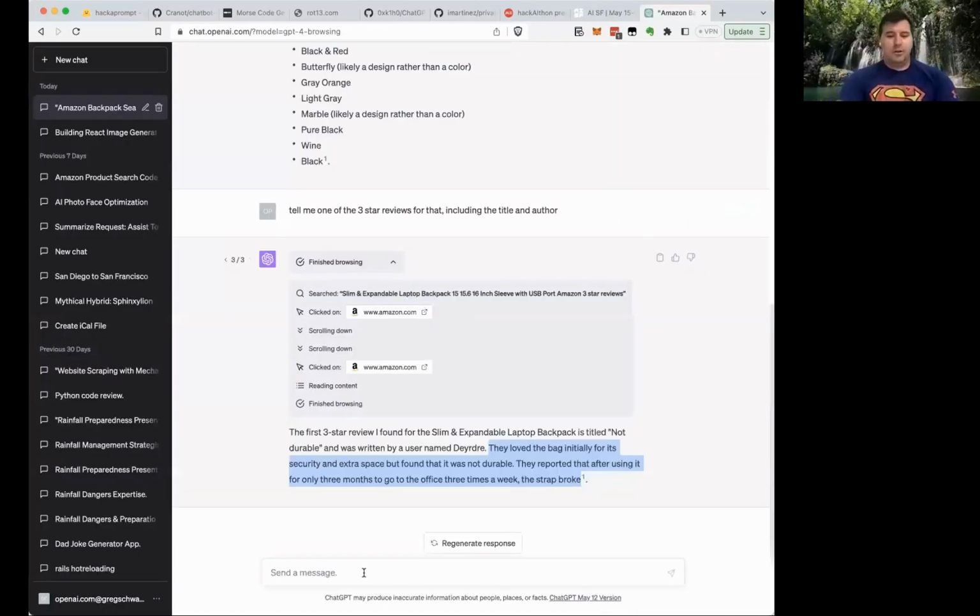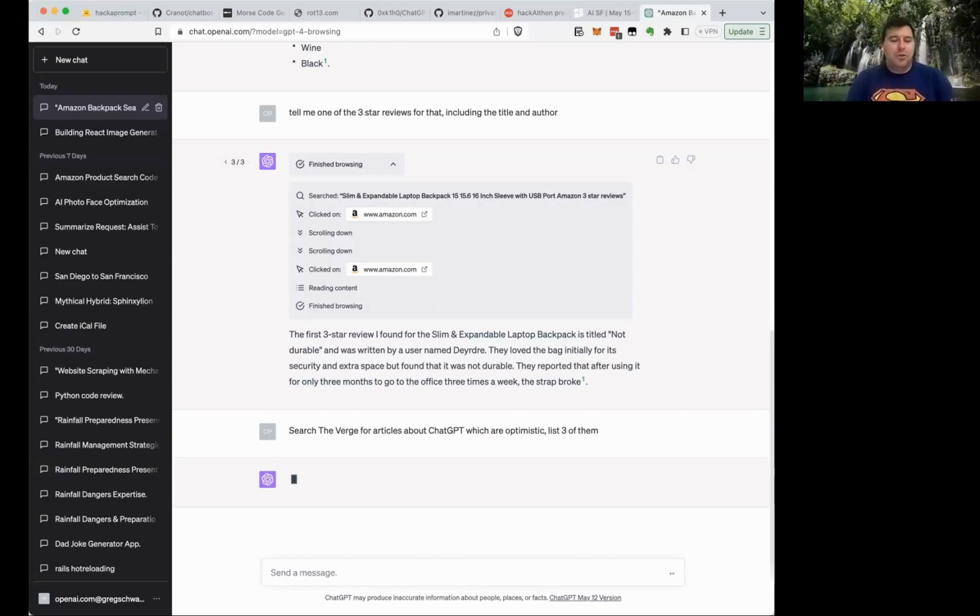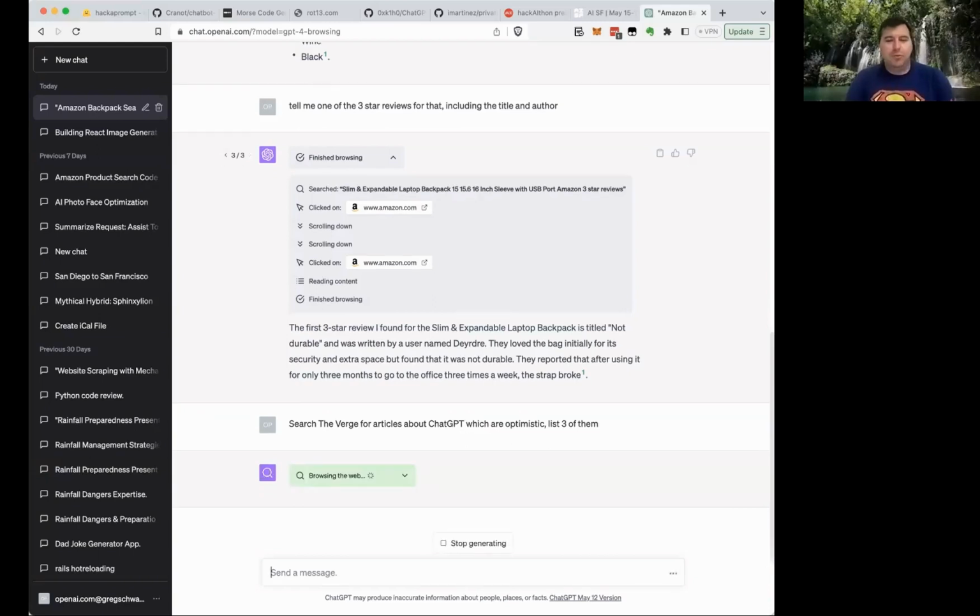Oh yeah. So I'm not sure if it'll be able to do this, but search The Verge, which is a news website, magazine, whatever, that I like, for articles about ChatGPT, which are, I don't know, optimistic about, let's just go optimistic and list 3 of them. So what I'm curious is, like, how is it going to think about optimism, and then how is it going to